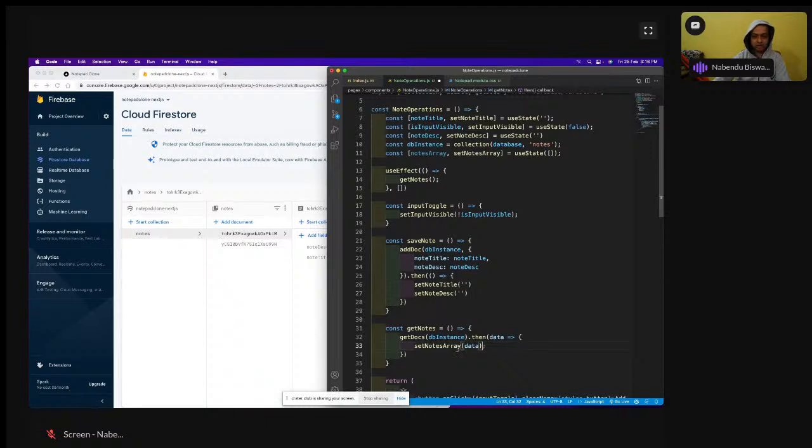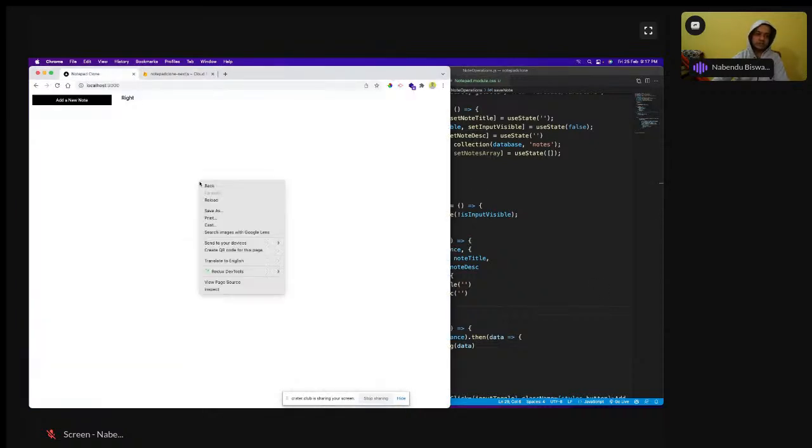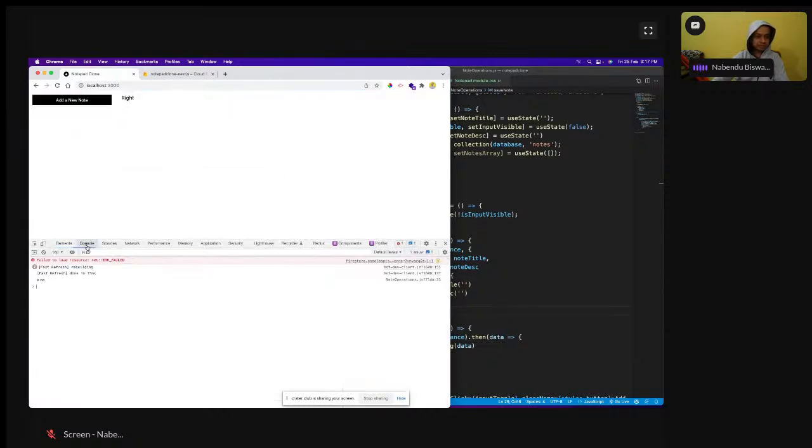Data is not what data contains nothing. Data we have to map. We get the data in a different way. So we have to change that data also. So data dot, or else let us do one thing. console.log of data. Let us do this and let us see whether we are getting this data or not, because it is going to get loaded whenever the useEffect is called, whenever this component will be mounted, which means at the starting. Okay, but yeah,